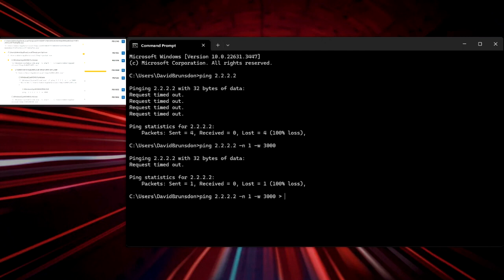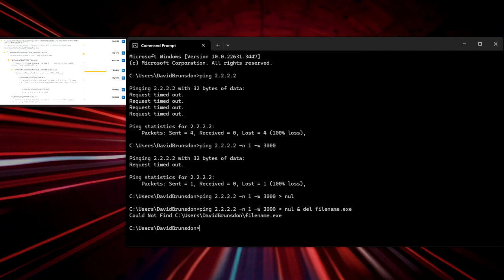So it takes the output and it sends it to null. And what that does is it makes it so we don't see the output. Okay, so it hides it. And then it adds another command afterwards. So it's going to delete, and I don't really have a file name .exe. Oh, del file name .exe. So what this is going to do is it's going to ping that IP address